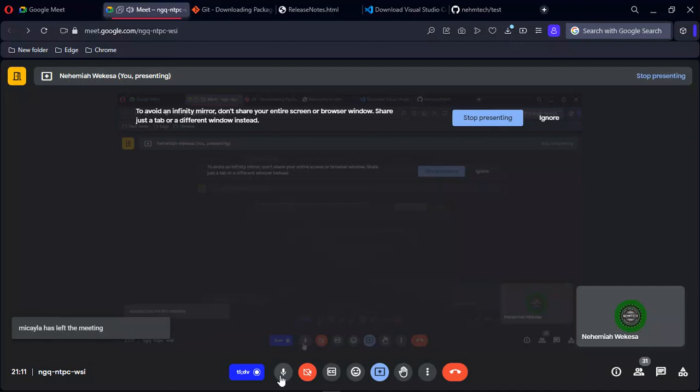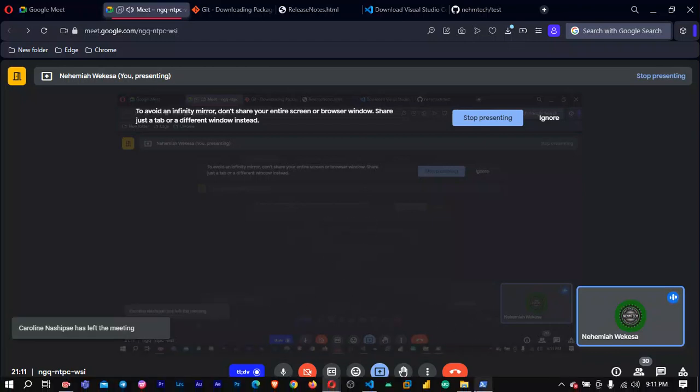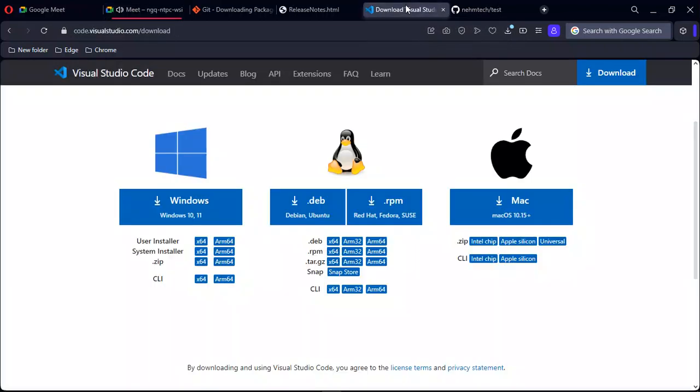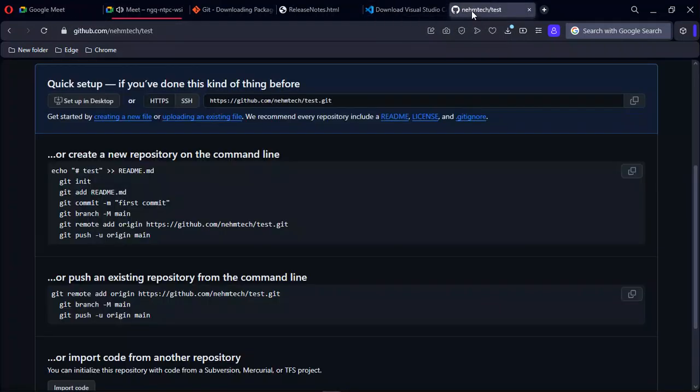cloning? What do you mean by cloning? Explain it like you are explaining it to a layman. Oh, sure. So, for example, you have... You're still able to see my screen? Yes, you can see my screen. Okay. So, for example, I don't know where it is. Here it is. So, for example,